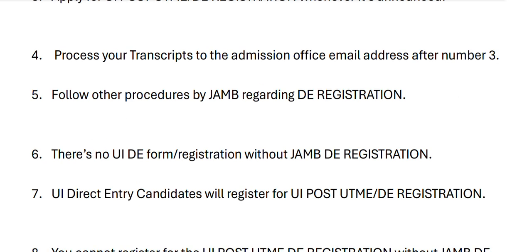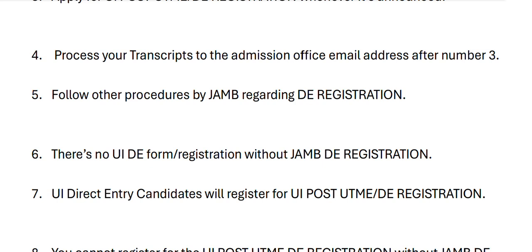That's for hard copy or physical copy. Or if they only process e-copy, then you will give them the UI admission office email address, the undergraduate admission office email address. That's where they will process that transcript, that e-copy, to. I hope you are listening, SC